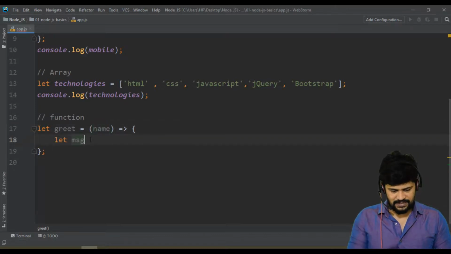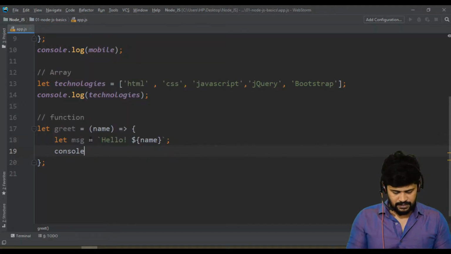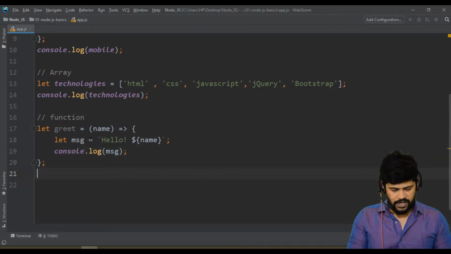Now let's say message is equal to, I use the ES6 template string here, hello and the name. Whatever name you pass, that's the name. Along with that, let's make a console.log of message. And let me call greet with John.